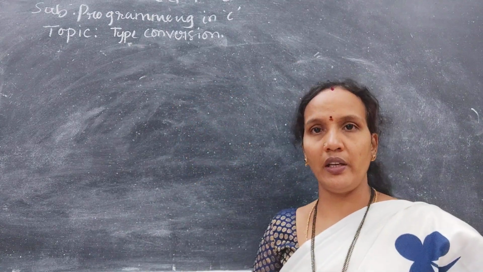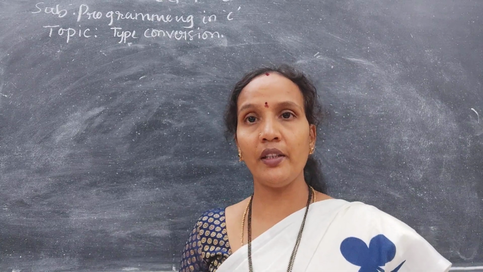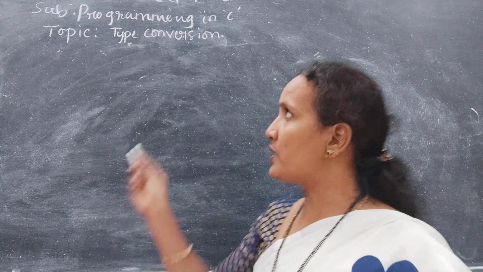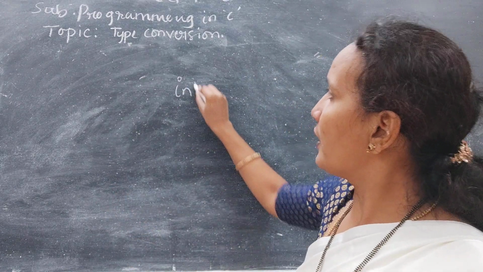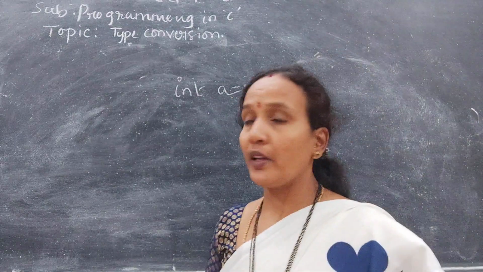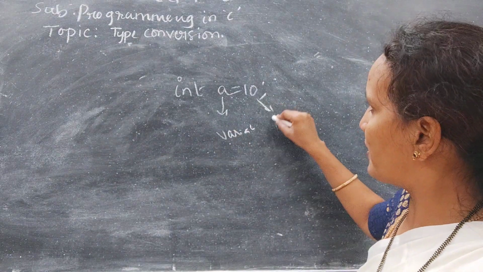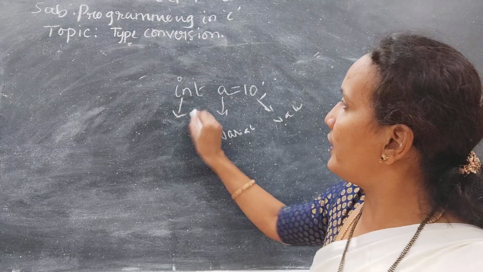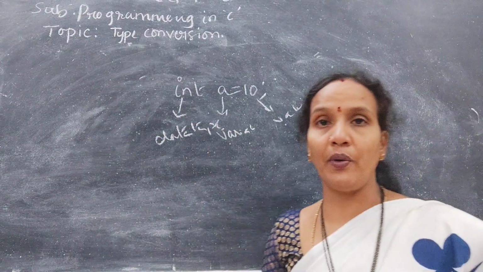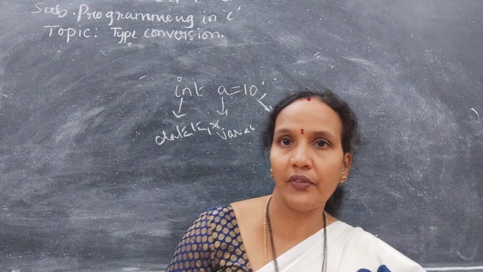In the previous class I explained what a data type is, and we have different kinds of data types like int, float, char. See, int is a data type, a equals to 10. What does it mean? Here a is a variable, 10 is a value, and int is a data type. Okay, so this is called a type. What type of variable is it? Type is nothing but the data type of a particular variable.